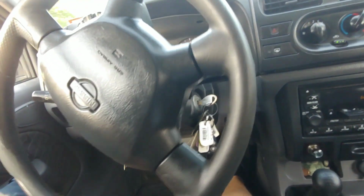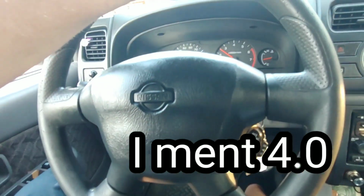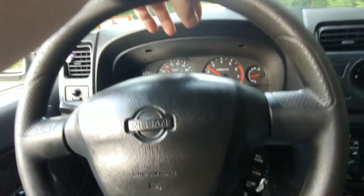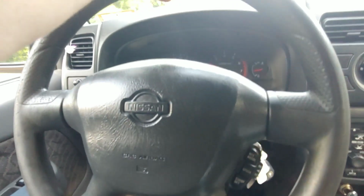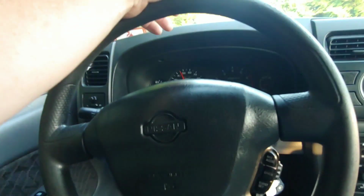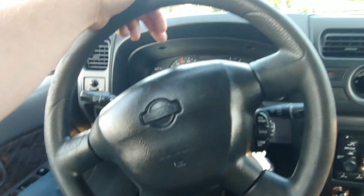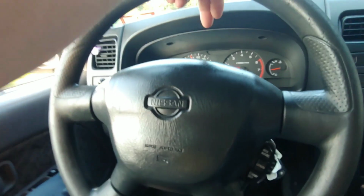This is a 3.3, this isn't a 3.5, so this has a timing belt, not a timing chain. With the 3.5s, they've had some oil pressure issues from the factory, because the factory timing set, the tensioners and bearings and things in there start coming apart, and it can block up the pickup tube in the oil pan, falls down in there and gets stuck in the screen. I have seen videos on YouTube about that, but this is a 3.3, so it has a belt, so none of the timing set is actually in the engine, but the oil pump is hooked up to the timing set,